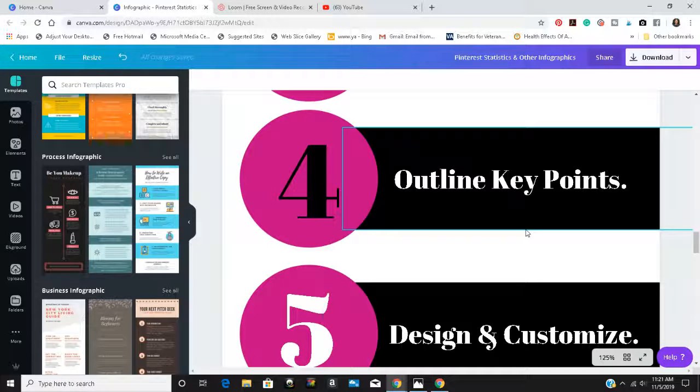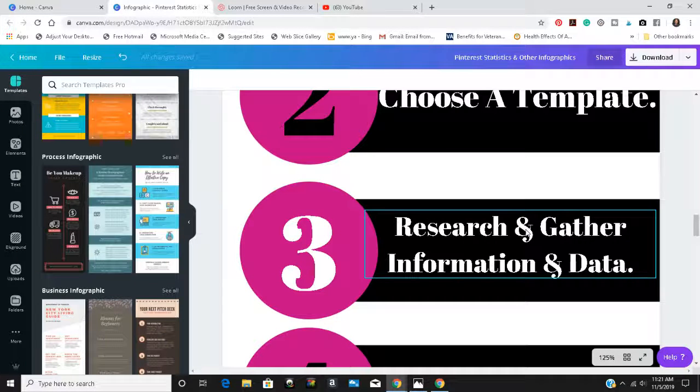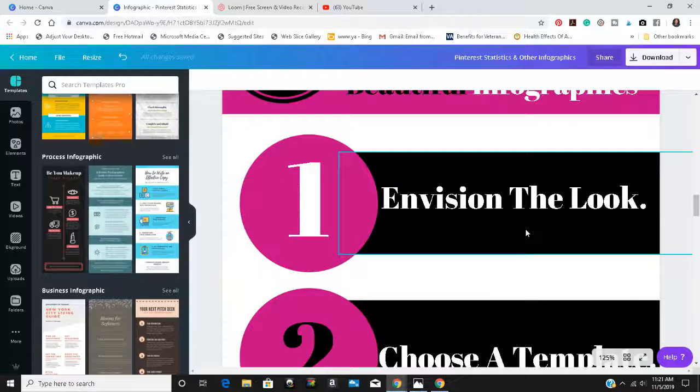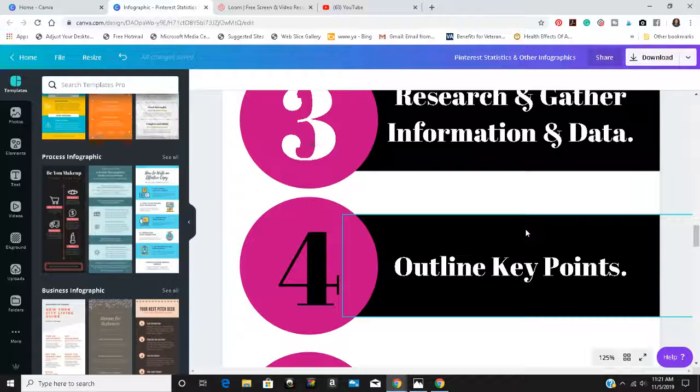Okay, and this infographic right here for this video is an example. All these steps that I've outlined in this infographic are the key points I want to talk to you about making an infographic. For example, if you were to create an infographic on how to get started in network marketing, 10 network marketing tips, you definitely want to outline your key points down and actually